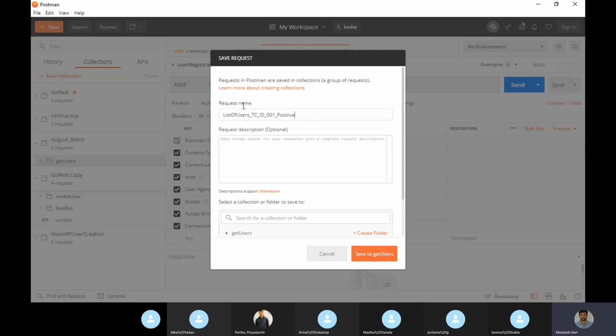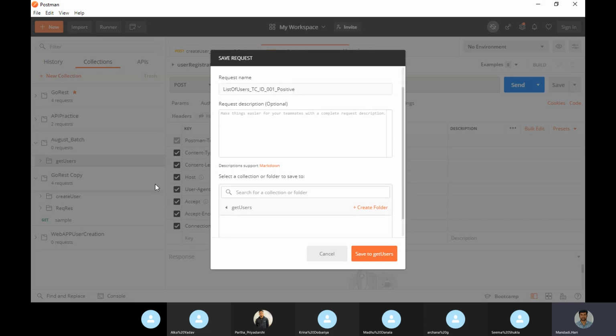Okay, so this is the request name I have given. Here I can choose, suppose whatever collections I created will display here. Under which folder you wanted to place it. Once I select get users, it will be under get users. Suppose you want to create a folder, and under that you want to keep it also, we have that option. That we will do in the next case, which is for post. We will create a folder and save under that. So now I wanted to store under get users only, so I selected this.